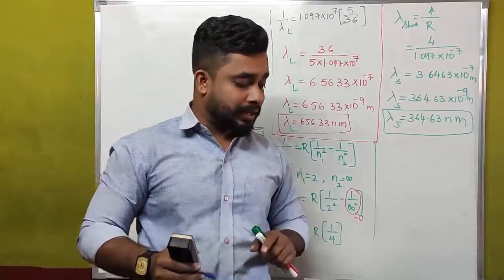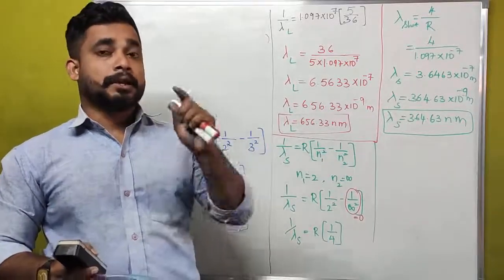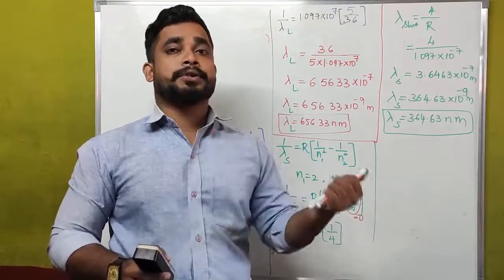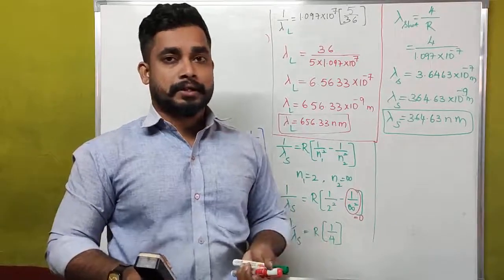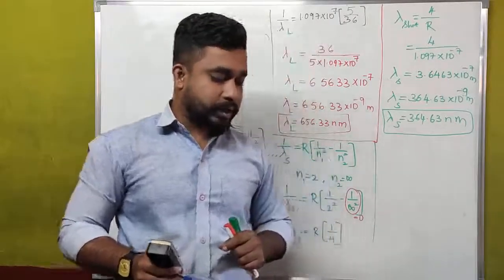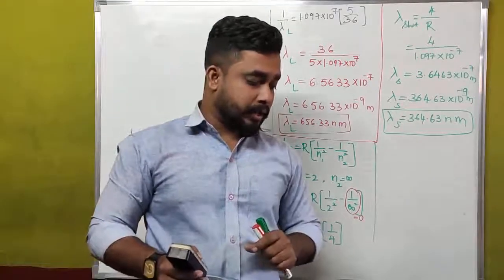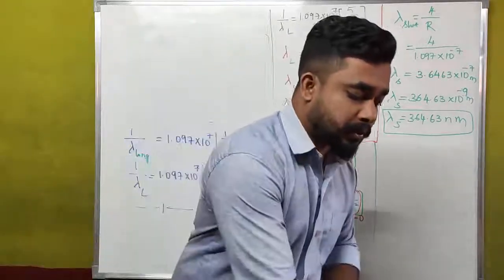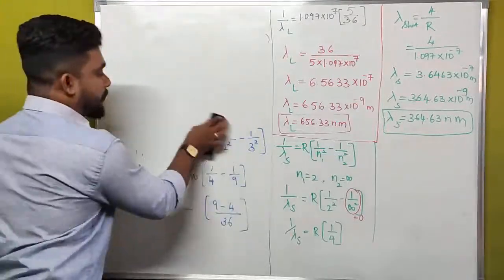Then what we have to calculate is the threshold frequency of photo emission. Photo emission means the electron is ejected by using the photon energy. Light energy is nothing but photon energy, that is why we call it photo emission. We also have to calculate the work function of the metal in electron volts, not in joules. Let us see how we can calculate this.